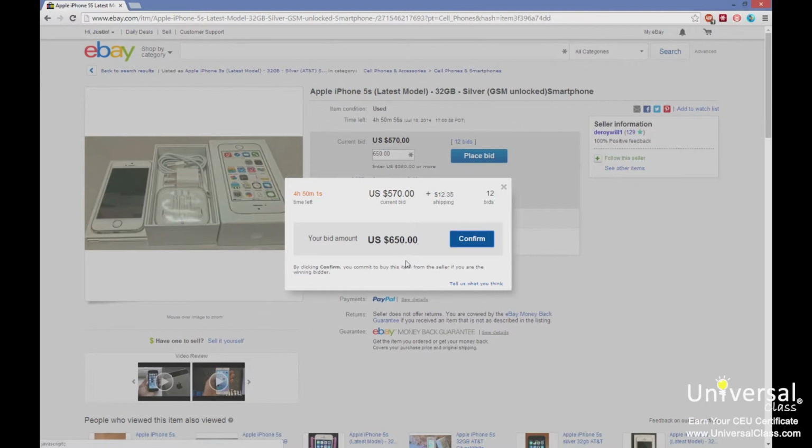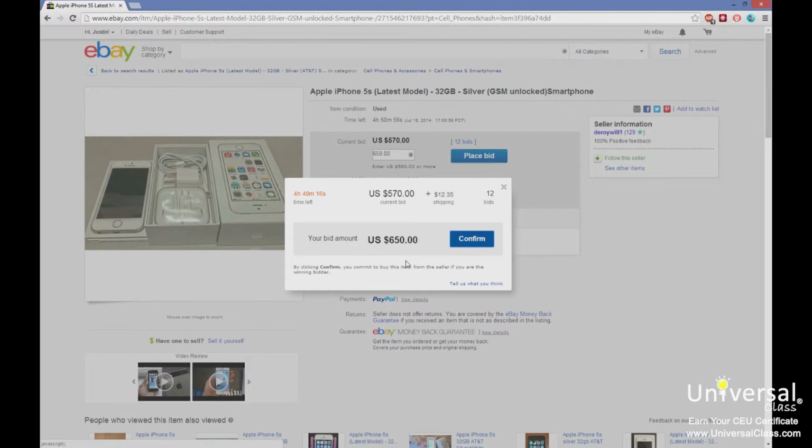Make sure you double check your bid amount and make sure I didn't type in an extra zero and bid $6,500. eBay has a very strict policy on bid retractions. A bid retraction is taking a bid back. Now, if I typoed and typed the wrong amount, I can retract it and immediately place a new bid in certain conditions. And I'm limited in the number of times I can do that. But if I bid on an item and just change my mind,